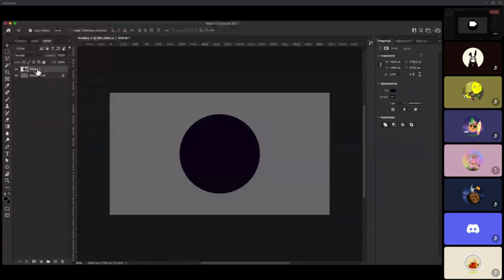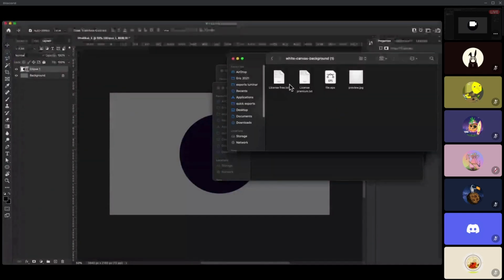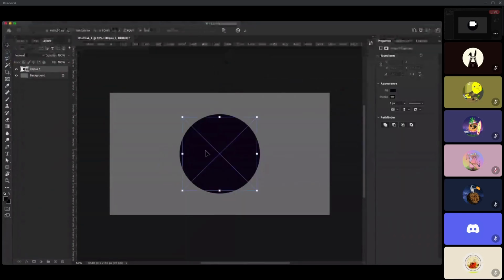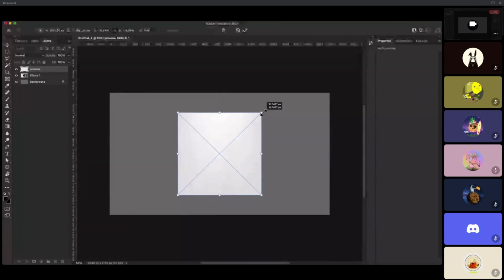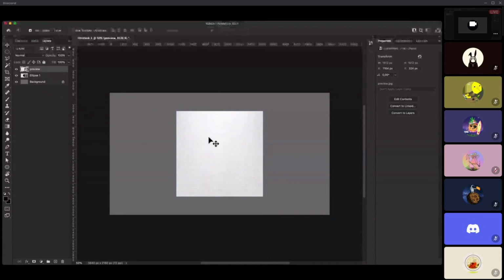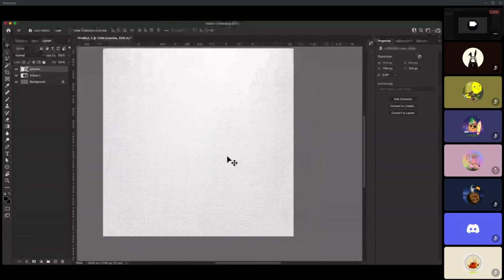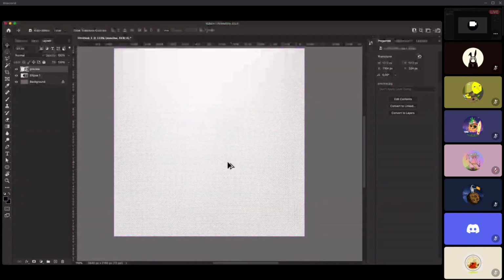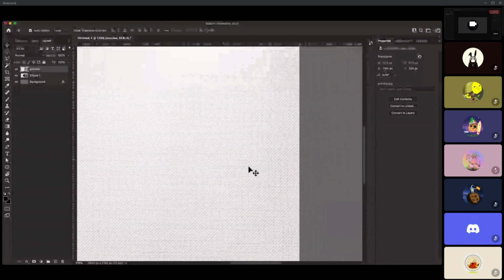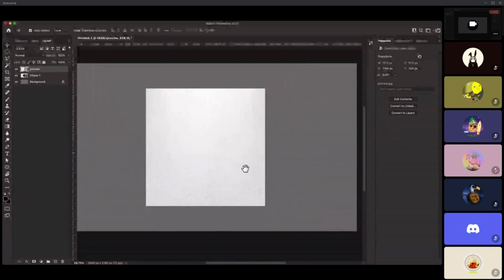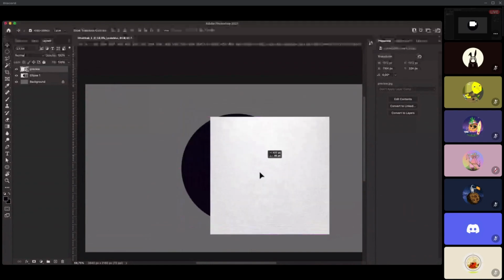So these are the different layers. This is the background layer, the gray one. This is the ellipse layer, the one we created. And now I'm going to add a texture layer, which I have downloaded before. I create a fixed size, which is bigger than the ellipse itself. I press Enter to place it. As you can see, you can just see a bit of details. I'm not sure how the compression is acting, but if I zoom in, you can see these textures, which are very evident on the canvas.